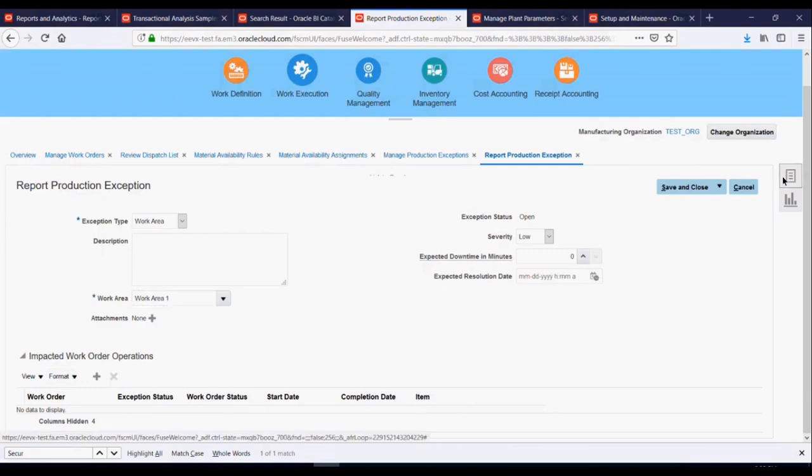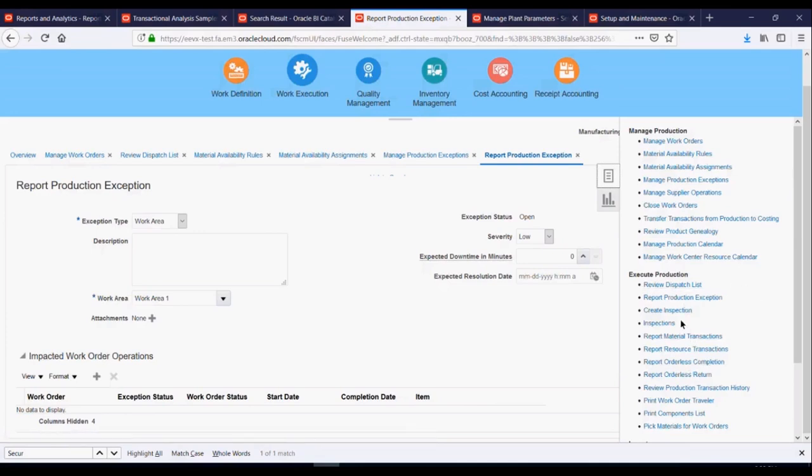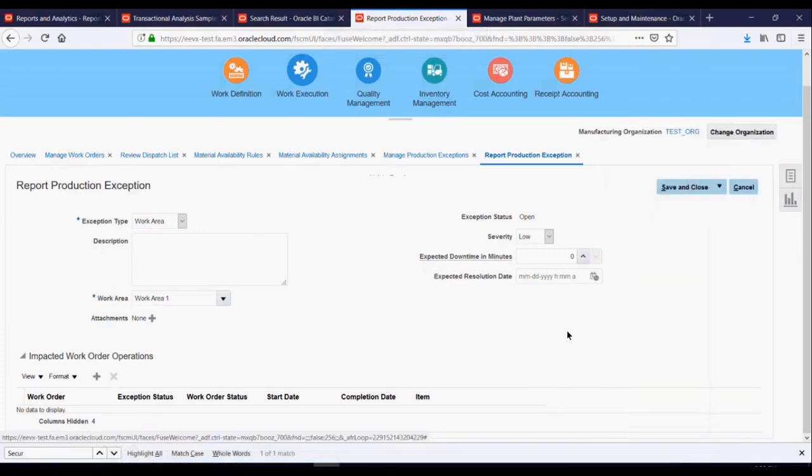Most of the features I'm discussing now were added very recently. Some of them, like orderless, were added a couple of releases before. Are these exceptions only information, or do they have any impact? No, it has an impact because it will delay the completion of the work order. It will impact those dates. It will update the dates. So this is not just for information; it is going to impact your completion dates. This will be taken into account and probably update your work order dates already. Okay, but I found this very similar to